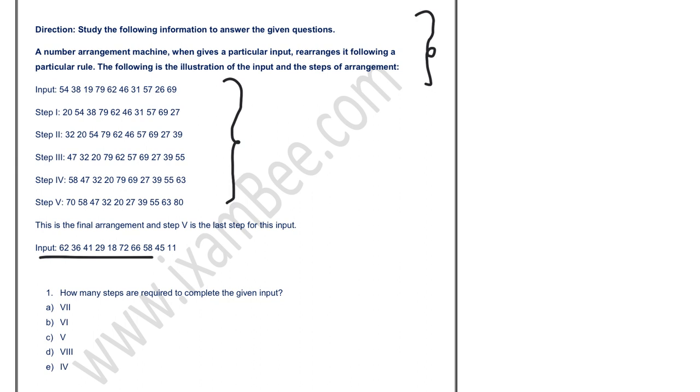So this is your input. If you focus on your step number 1, you will find that the smallest number is arranged at the extreme left end by adding 1 to it. So 19 is the smallest number and it is arranged at the extreme left end by adding 1 to it,